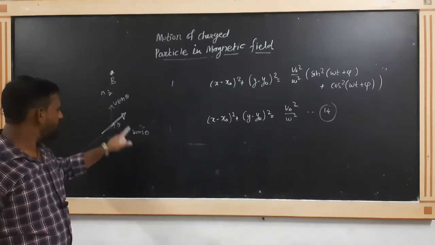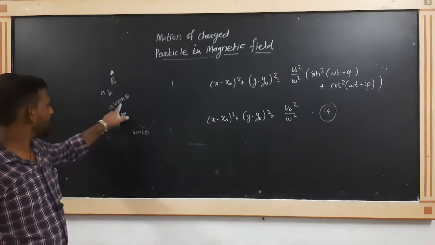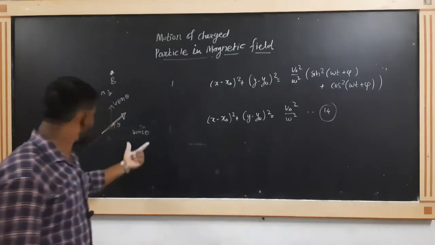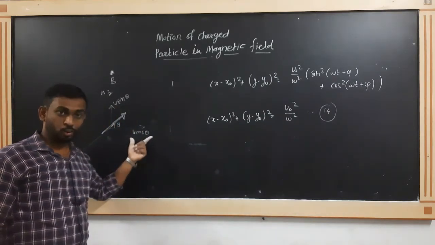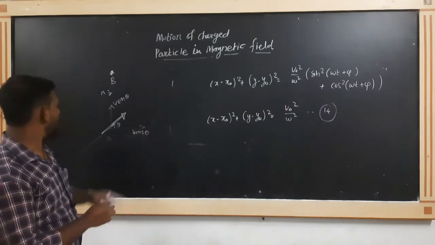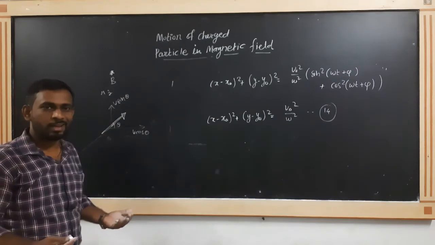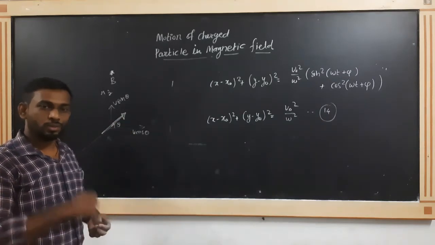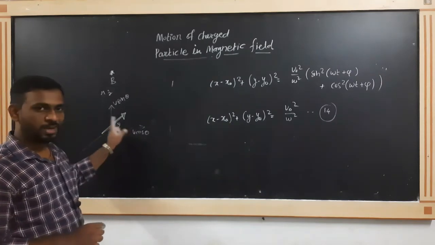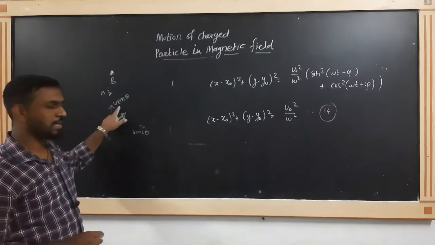So we have two components, one perpendicular and one parallel. Since v cos theta says this is circular motion, you have to rotate in a circular way, and for v sin theta, since there is no angle between v and B, you have to go in a straight line. So due to these two motions, v cos theta and v sin theta,